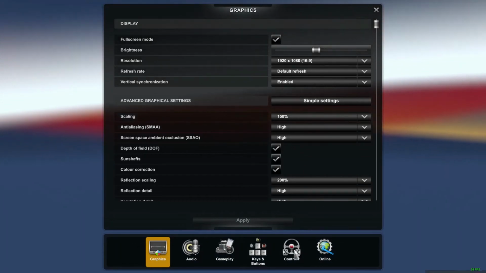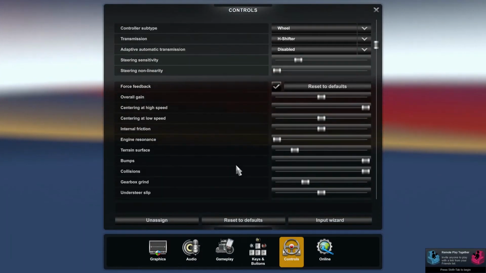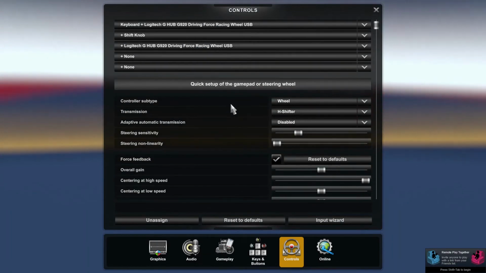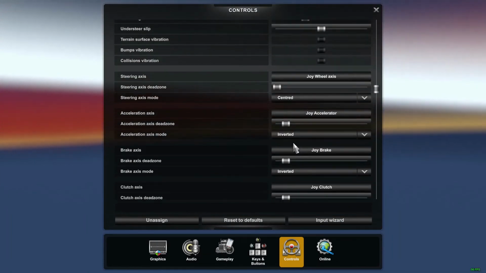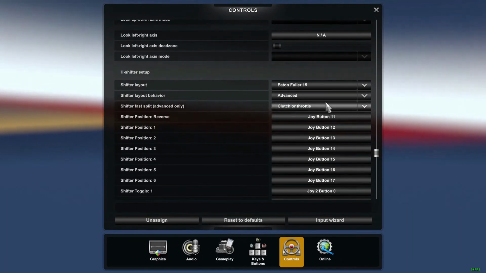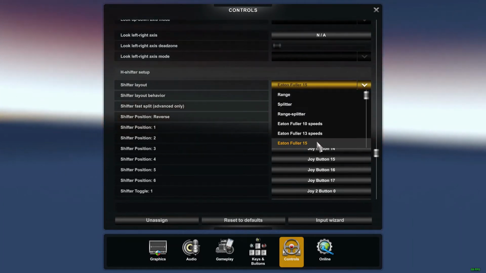Once you do that, you're going to want to go to your controls. And if your H shifter and whatever you use is already set up, you don't have to worry about setting up other settings and stuff. But as you can see, our 15 speed is here